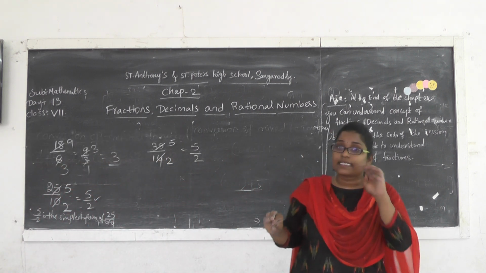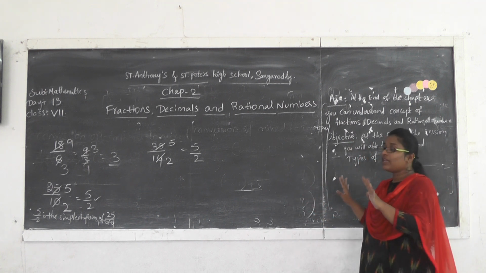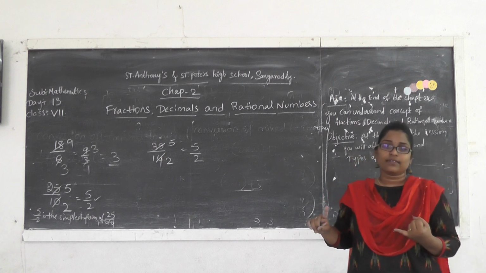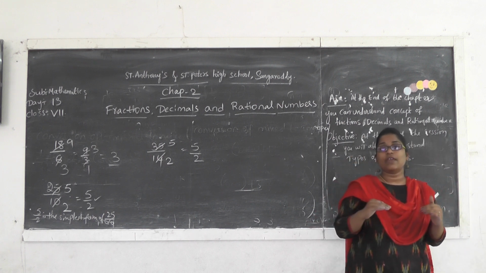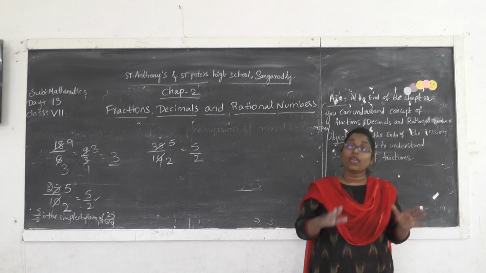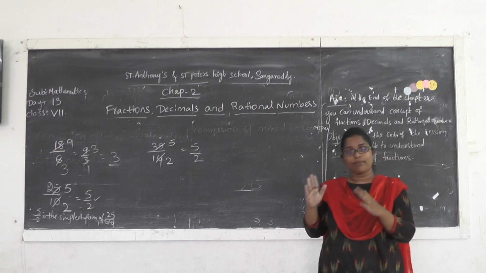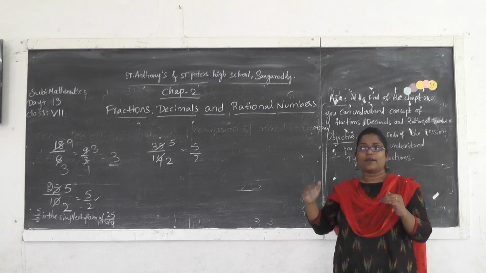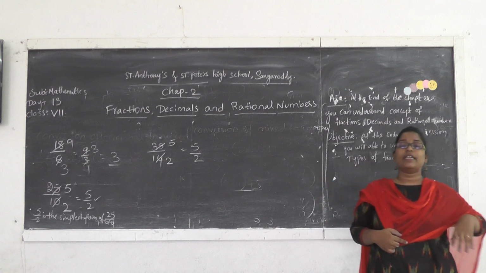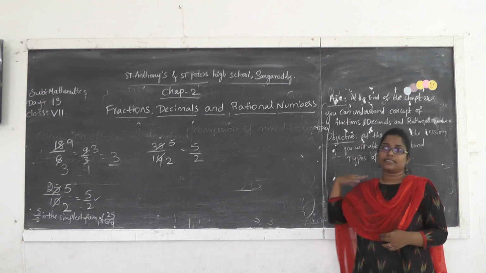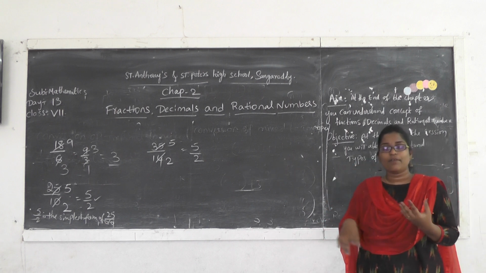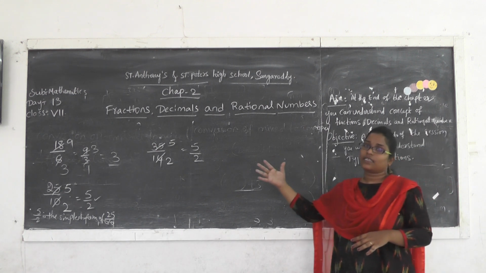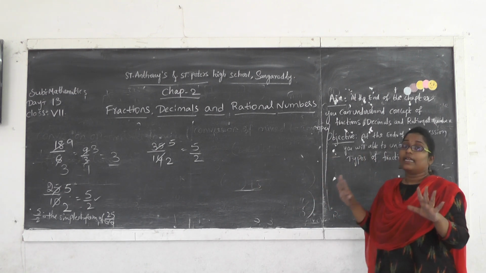Up to now, in this session we discussed what is meant by a fraction. A fraction is a part of a whole, or you can say a fraction is in the form a by b, where a and b belong to whole numbers and b should not equal 0. So a is called the numerator, b is called the denominator. We discussed the types of fractions: proper fraction, improper fraction, mixed fraction, like fractions, unlike fractions, unit fractions, and we discussed the comparison of fractions. In the next session we are going